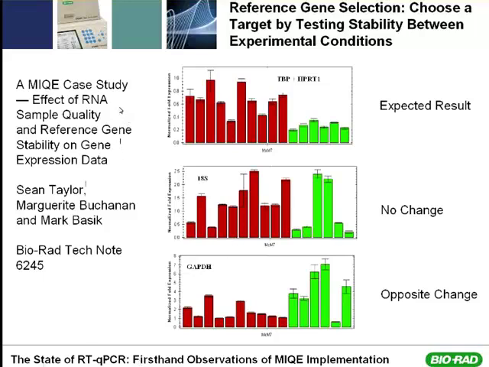It's also explained in this article as well, the MIQE case study, and these figures are actually taken from this particular article. It's a Bio-Rad tech note that we published a couple of years ago, tech note 6245, just to show you the effect of poor reference gene or good reference gene selection. So in this case, we were looking at human breast cancer samples where each bar is a patient, and this is the normal patients, and these are the breast cancer patients where we were testing for MCM7 regulation between normal